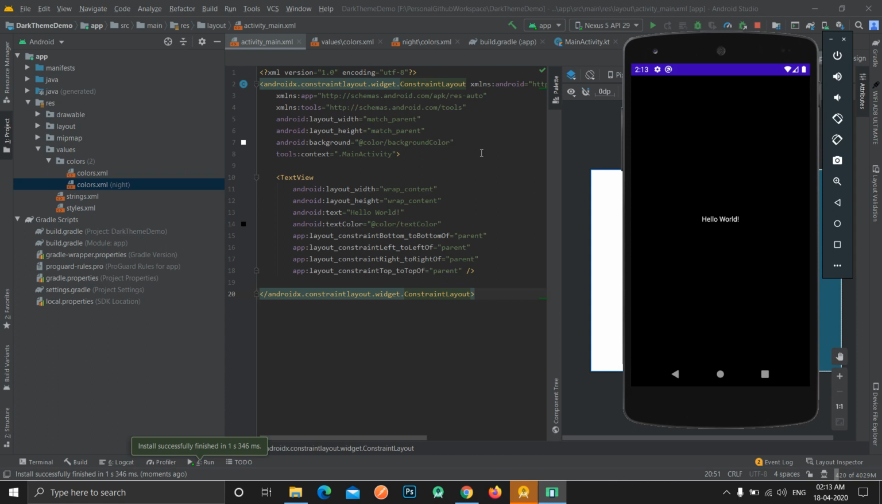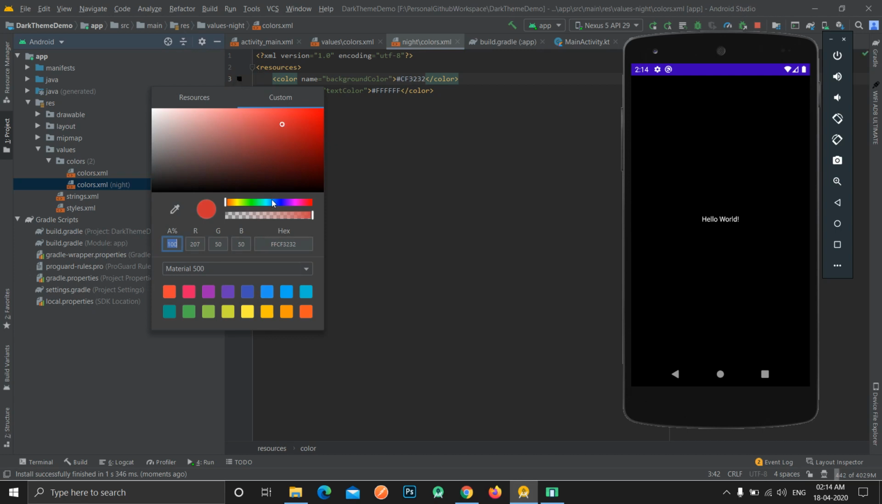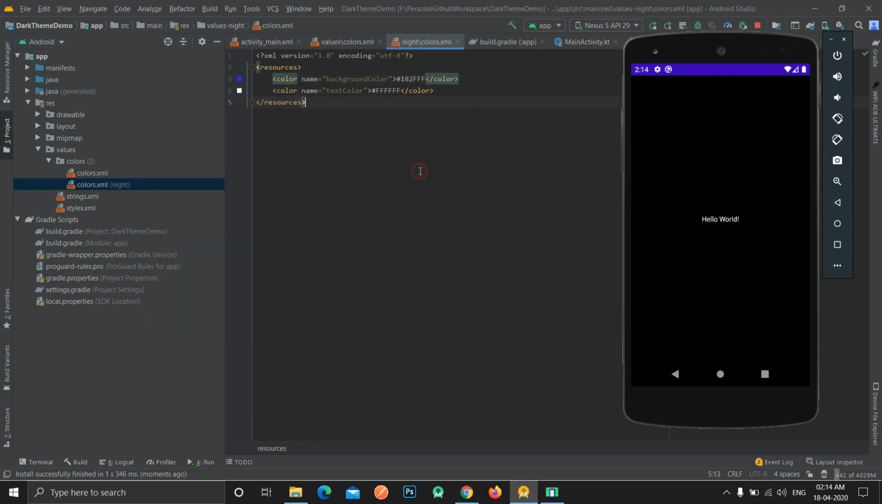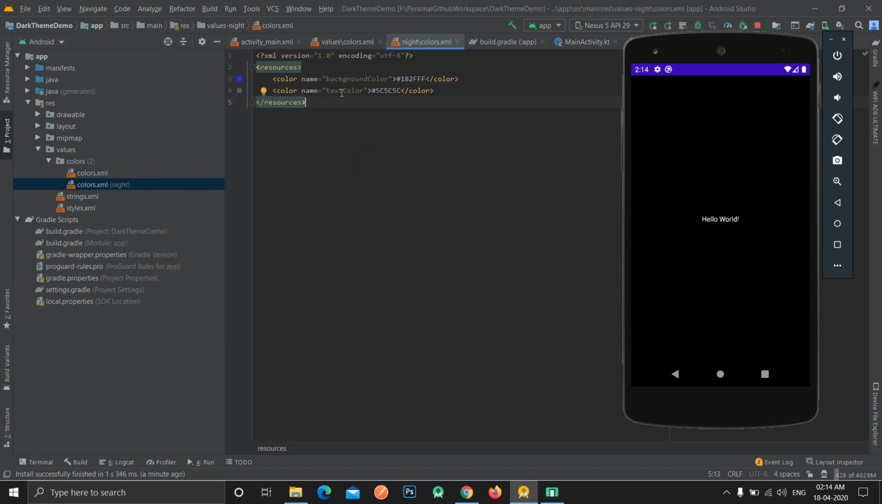Okay, so now let's do some more experiments over here. What if we don't want this to be black, we want it to be, let's say, blue color. Okay, we want it to be blue color if the dark theme is on, and the text color should be light gray. Okay, so text color should be light gray. So now if we again run our application,